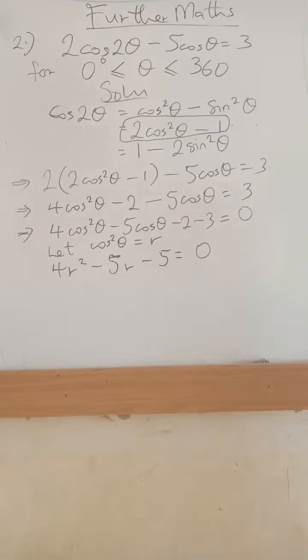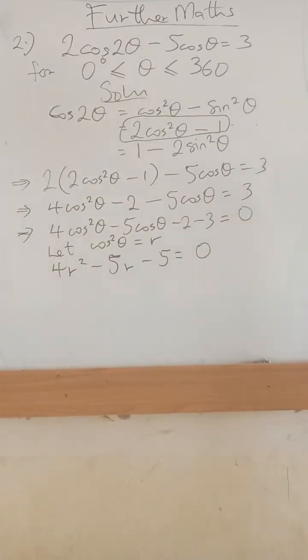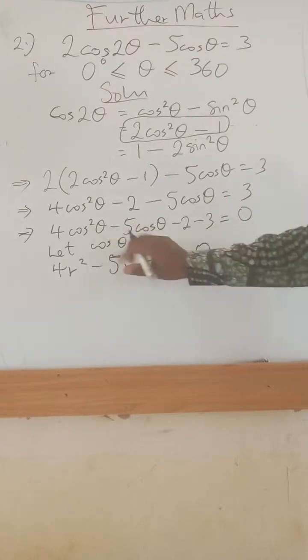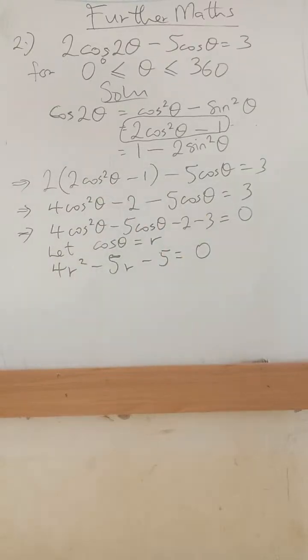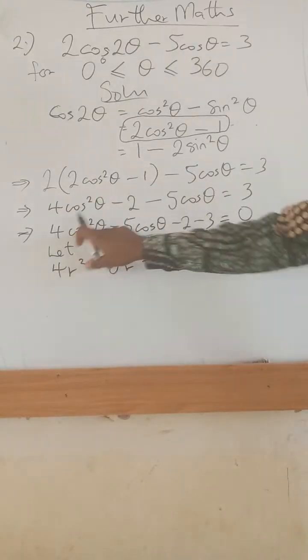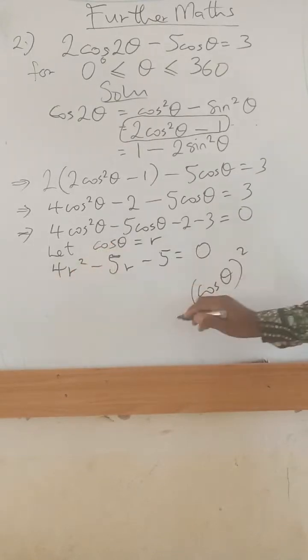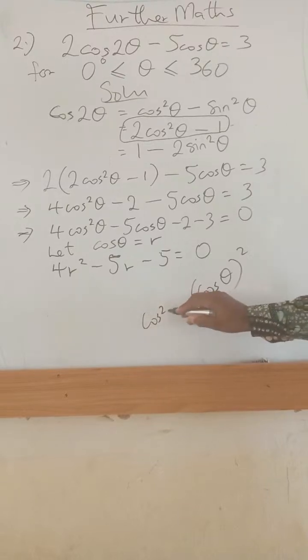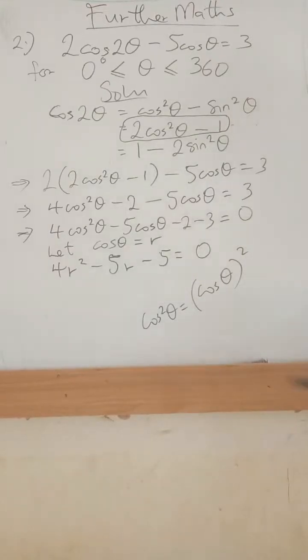All right, just an adjustment, it's cos theta. Let cos theta be r. And so you see cos squared theta can be written as cos theta squared. So that's why you see r squared here. This is cos squared theta, it's the same as this. So cos theta is r, and that gives us